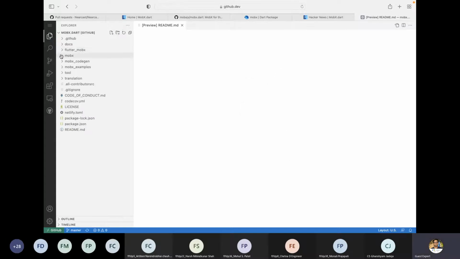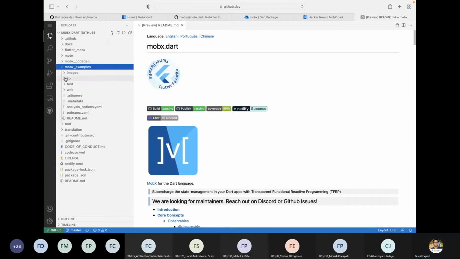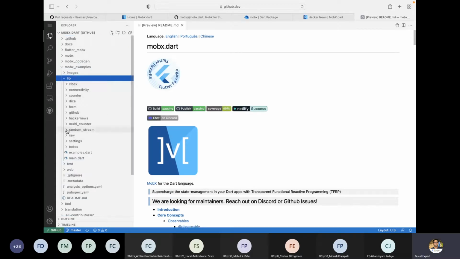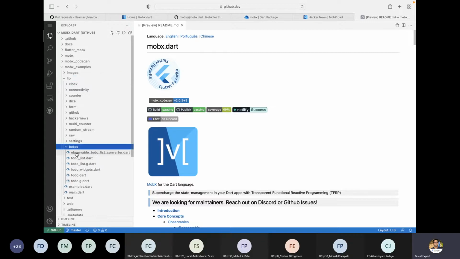So that example, lib, and maybe tools we might have it.